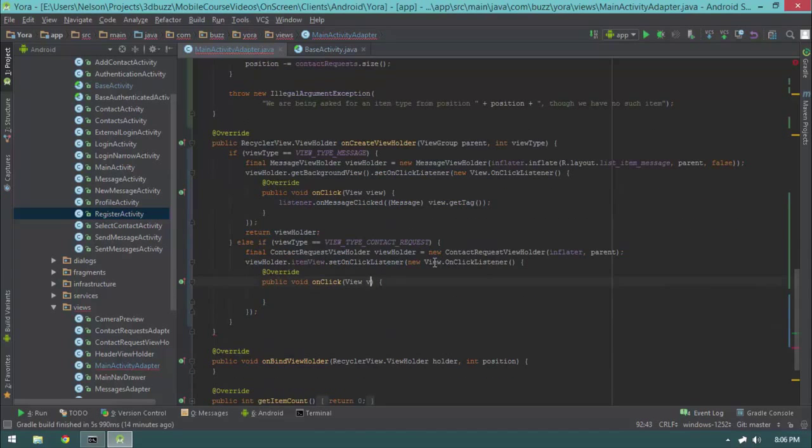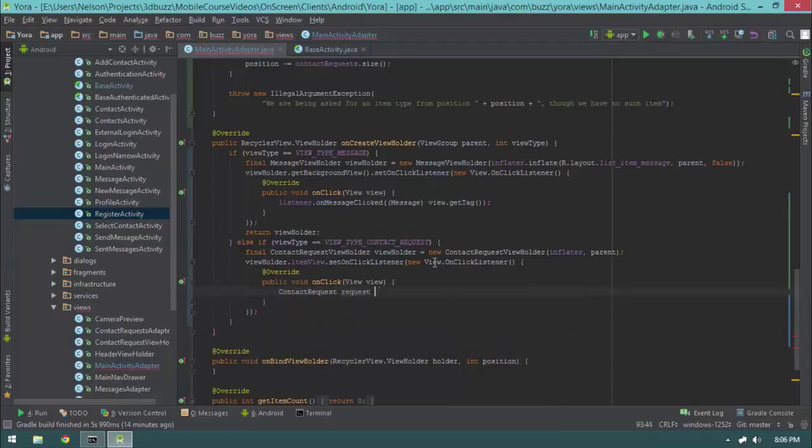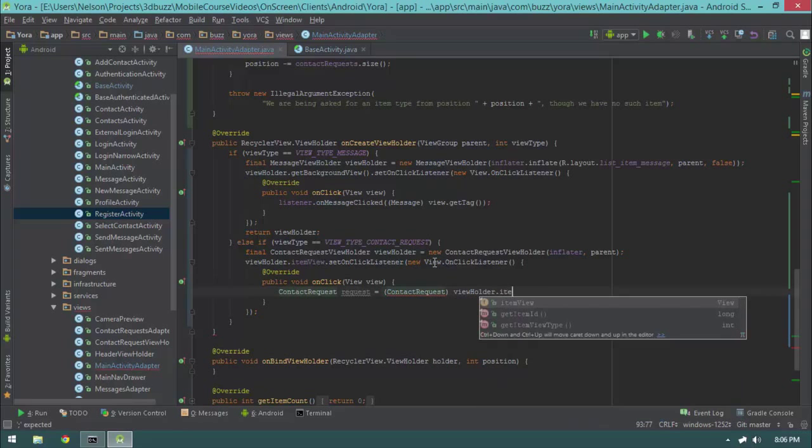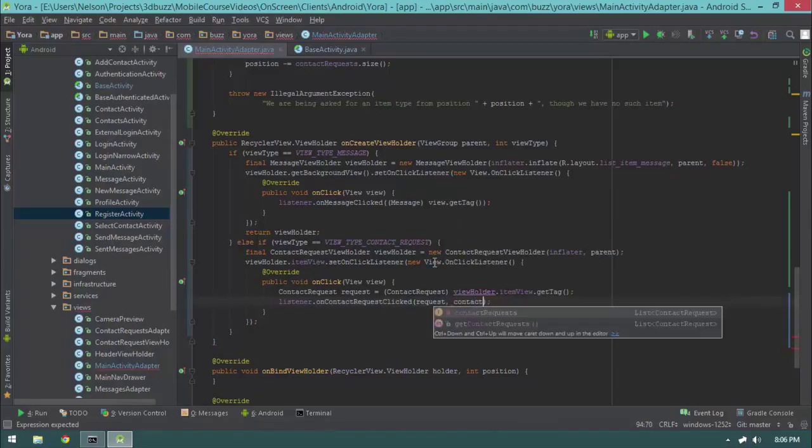Change this to view, and then I'm going to say contactRequest equals cast to ContactRequest, viewHolder.itemView.getTag, and then I'm going to say listener.onContactRequestClicked, passing in the request,